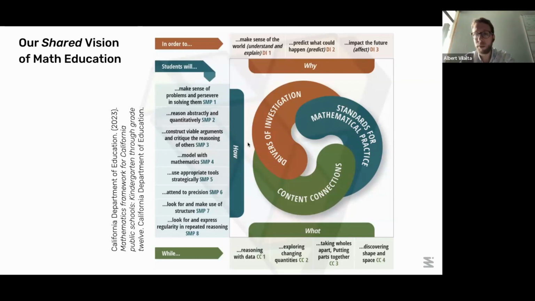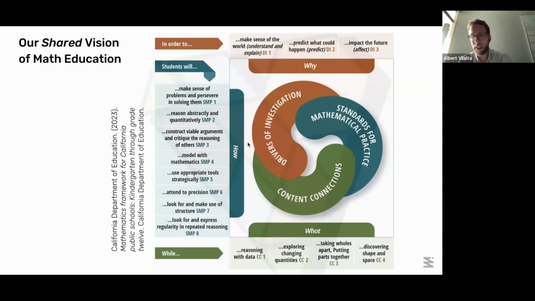The content, which is the green part, by the way, by itself is not enough. The content needs to have meaning and needs to be applicable to our thinking strategies. That is the how. But don't get me wrong, without the content, there is no math. So both sides of the equation are important. The hows, the processes, the mathematical practices are key, but don't forget the connections and the contents that give the